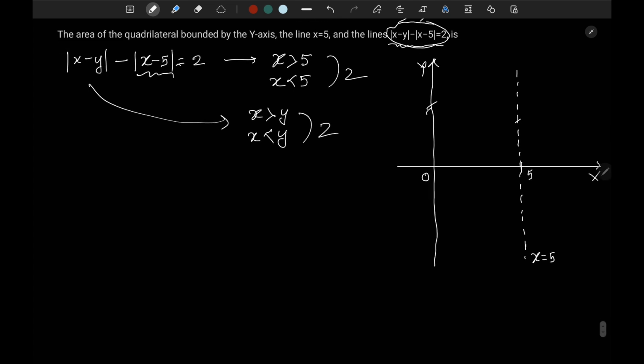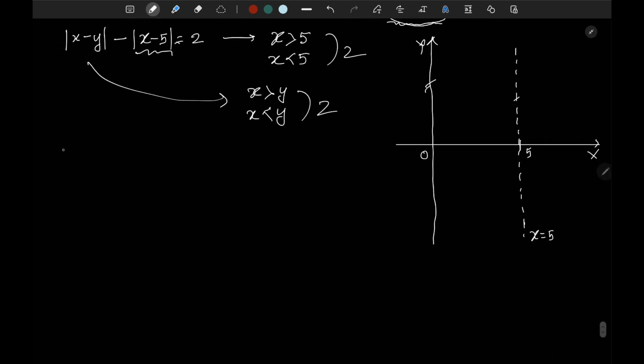We will see. So let us take the first example as x greater than 5 and your x is greater than y. Okay, so what will happen in this case? This will open as a positive thing, this will also open as a positive thing. So your resultant equation will be x minus y minus x plus 5 equal to 2. From here you will have, this is our first condition. Okay, condition 1,